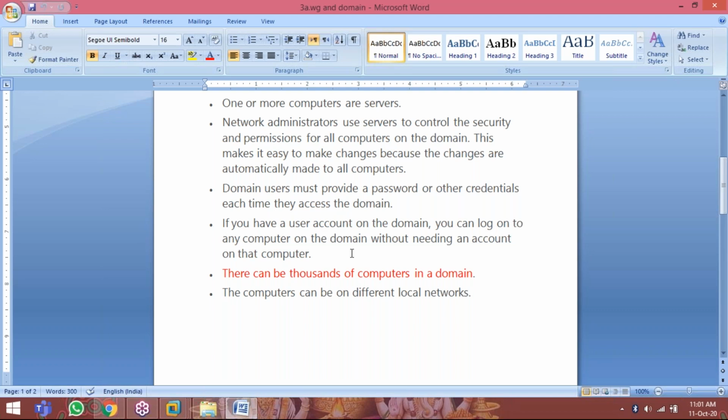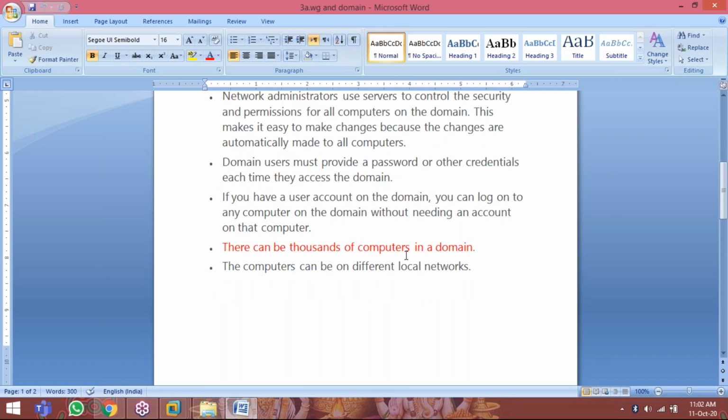Just now I explained the workgroup environment. I have to create 100 user accounts. Then he logs in tomorrow. Today he logs in from the first computer. Tomorrow maybe the 10th computer. Maybe the day after tomorrow the 20th computer. So I have to create that many accounts. But in a domain environment, I can create the account on only the domain controller. I have 1000 clients. From any of the 1000 clients, he can go to any system. He can log into the domain. That is, domain users can log on to any computer without needing an account on the computer.